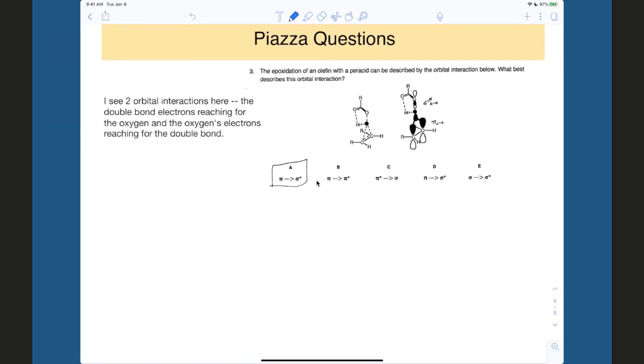Just do some good old-fashioned organic chemistry. Yeah, so there are two orbital interactions in the epoxidation. Only one of those two sets is shown in the picture, because we only see the sigma star and the pi orbital of the carbon-carbon bond. There is one that takes place, I'll draw it out, where you can have the lone pair of the oxygen